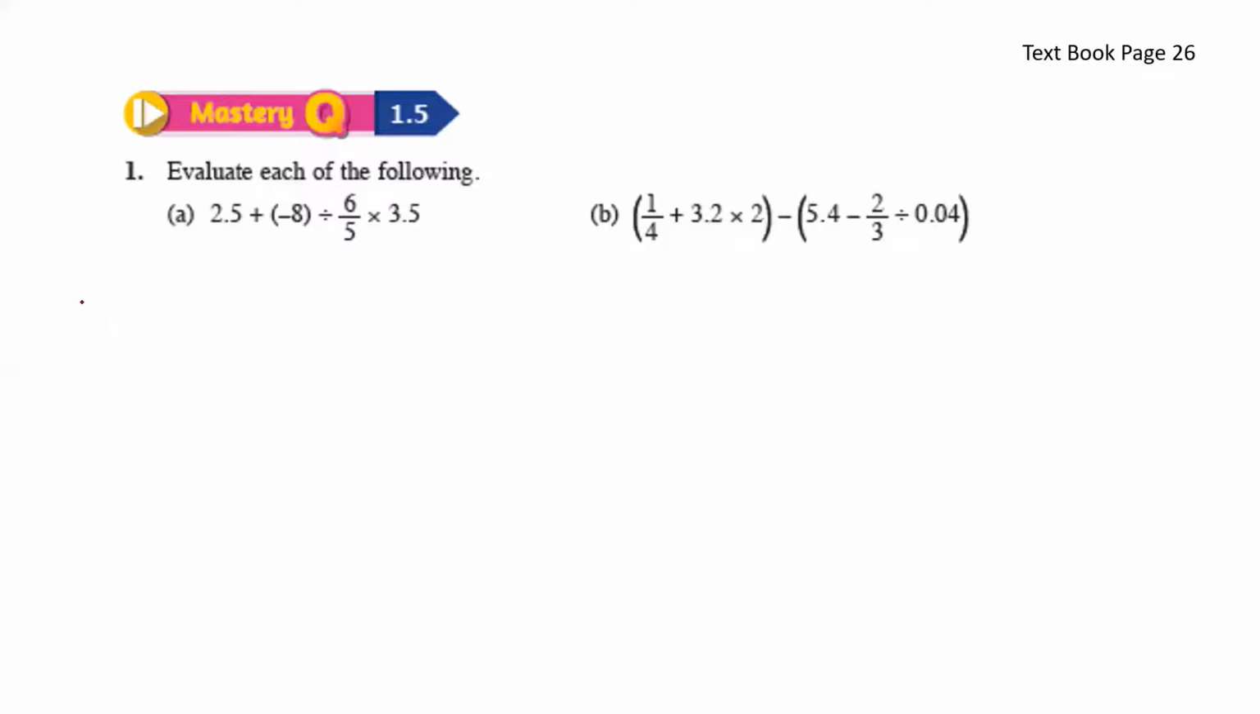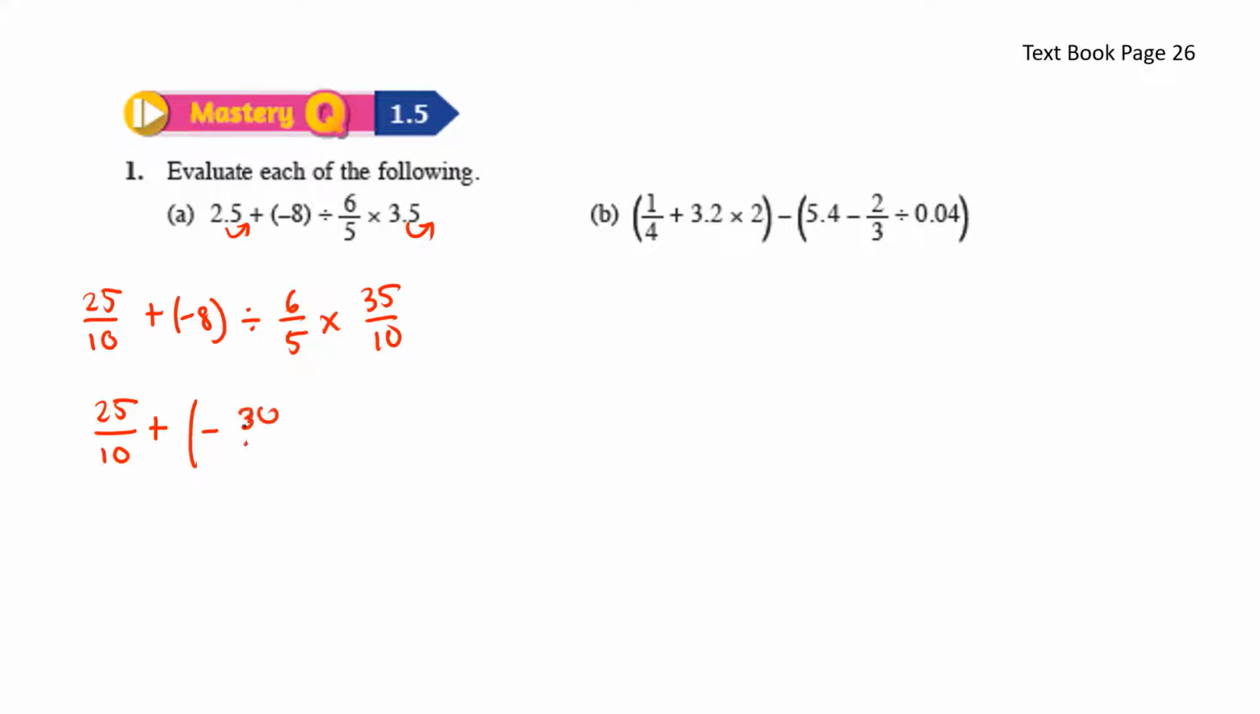Next we have Mastery Q 1.5. Evaluate each of the following. So here we have 2.5, which will give us 25 over 10 plus negative 8 divided by 6 over 5 times 35 over 10. So first let's do the division. We have 25 over 10 plus negative 8 divided by 6 over 5. That gives us